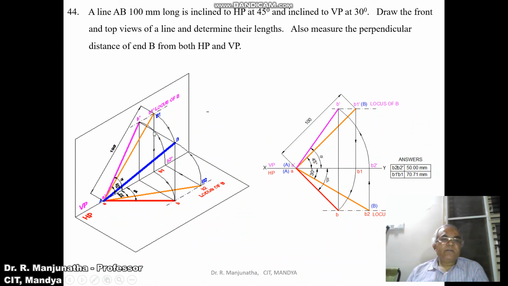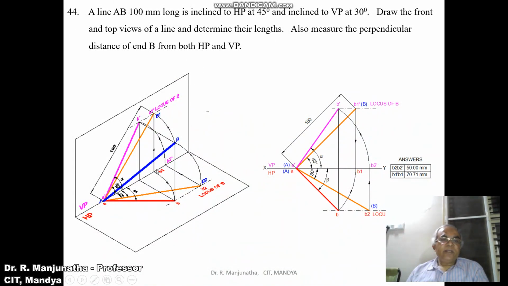So draw a vertical projector from B1 dash to the XY line so that in the top view, the line AB1 is parallel to XY line. Therefore, its corresponding front view will be in true length. You got this. Similarly, now we need to take the true length in the top view. If the line has to be true length in the top view, its corresponding front view has to be parallel to XY. Now, when you look from the front view, A dash is on the XY line. Therefore, B2 dash should also be on the XY line. So draw a projector directly onto the XY line and mark this point as B2 dash.